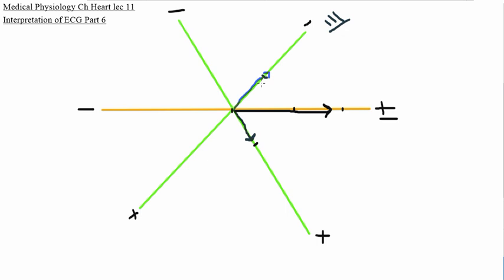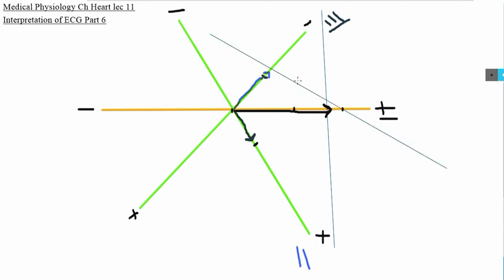Now we have to find the resultant QRS vector. How can you find it? You have to draw perpendiculars on the axes of these resultant leads: a perpendicular on the axis of lead 1, on the axis of lead 2, and on the axis of lead 3. Here, as you can see, I have drawn a perpendicular on the arrowhead of the resultant vector that we obtained on lead 1. And now I have to draw the same perpendicular on the arrowhead of the vector that we derive from the electrocardiography on lead 3.